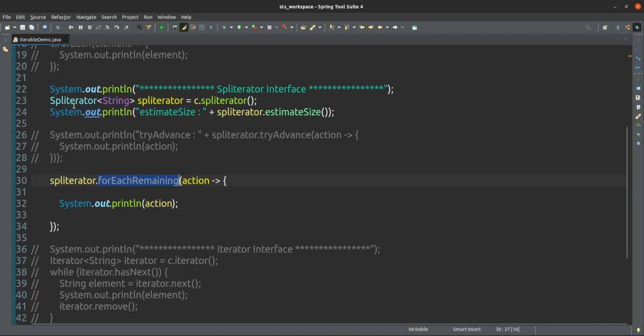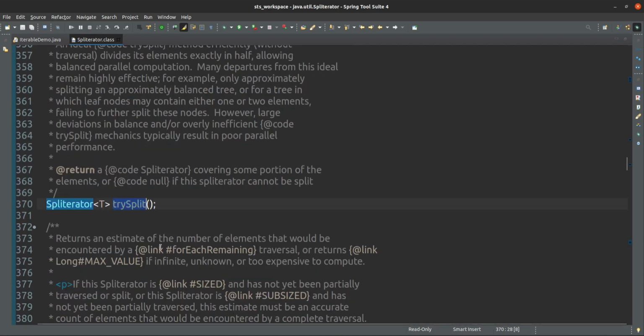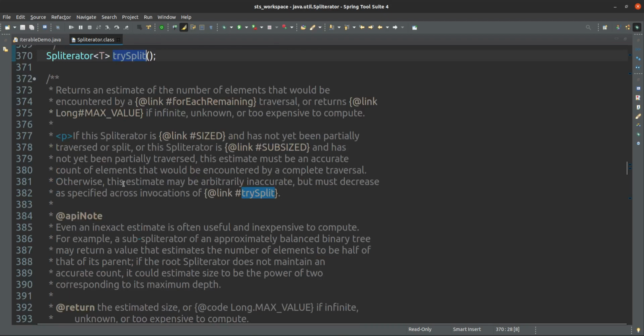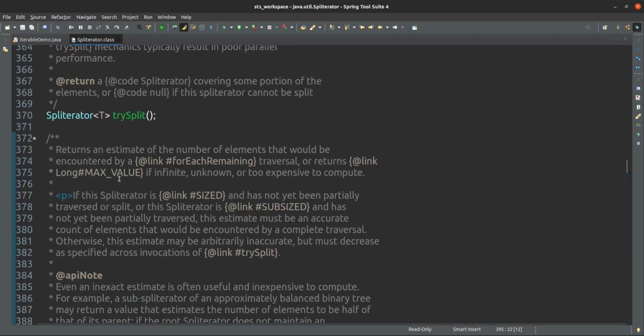If you open that Spliterator class, you will see there are so many methods. tryAdvance, again that Spliterator of the same type it will give. Estimate size means return an estimate of the number of elements that would be encountered by forEachRemaining.